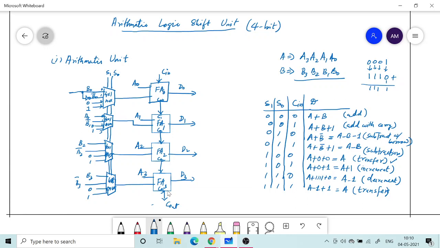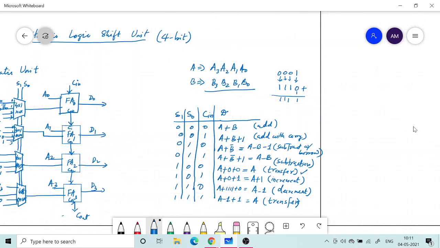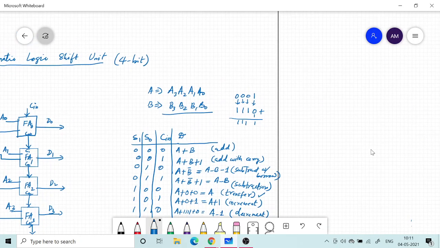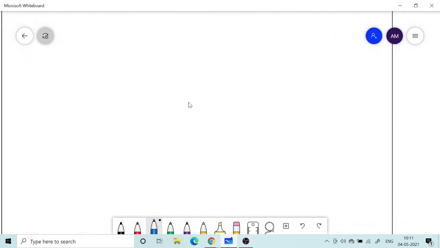So that's basically the content of D0, D1, D2, D3, which I call as a result, which is D. Okay, all right. So the result is also involved in C out. So C out is the MSB of the arithmetic operation result. Now let's go to the second block, which is the logic block.